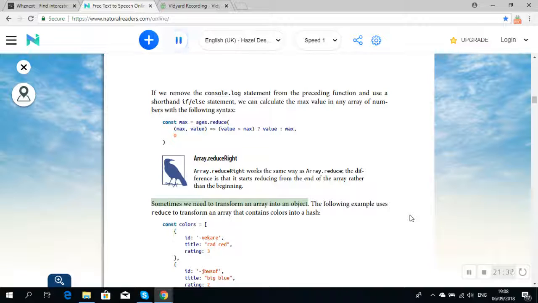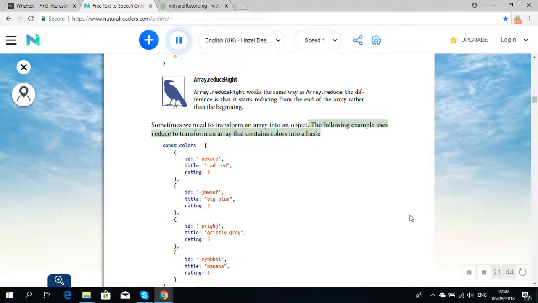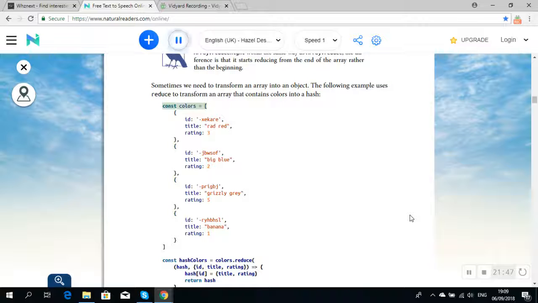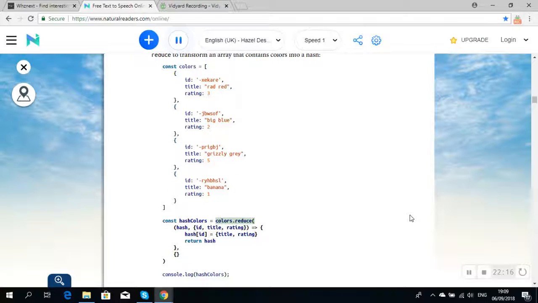Sometimes we need to transform an array into an object. The following example uses reduce to transform an array that contains colors into a hash. const colors = [{id: 'zcap', title: 'rad red', rating: 3}, {id: 'chsof', title: 'big blue', rating: 2}, {id: 'gritch', title: 'grizzly gray', rating: 5}, {id: 'ryhbhsl', title: 'banana', rating: 1}]; const hashColors = colors.reduce((hash, {id, title, rating}) => { hash[id] = {title, rating}; return hash; }, {});